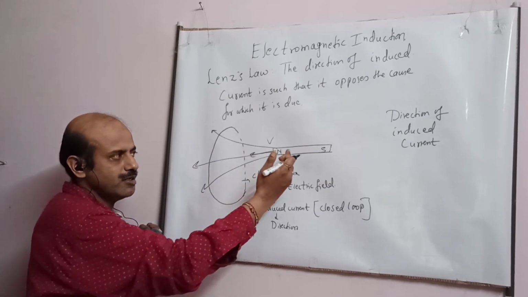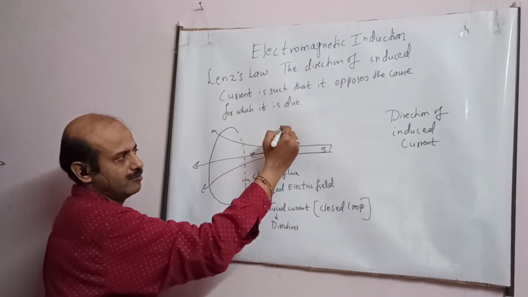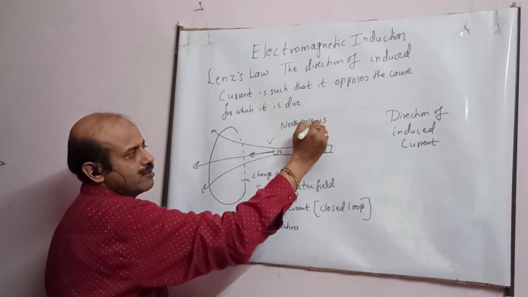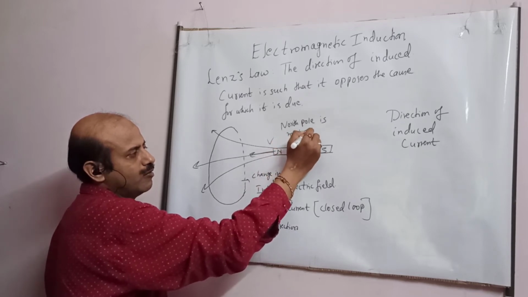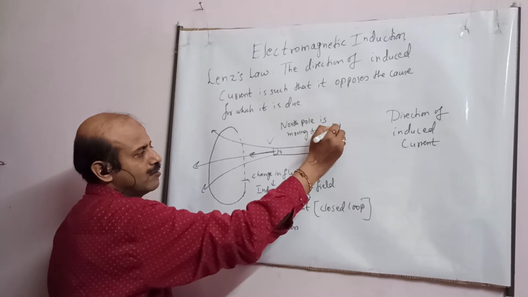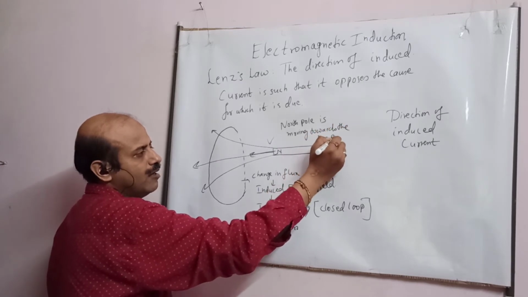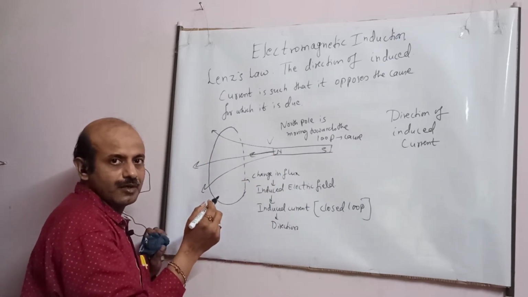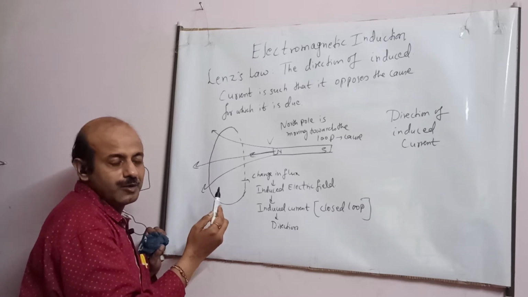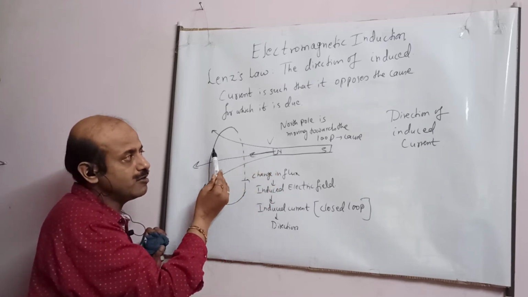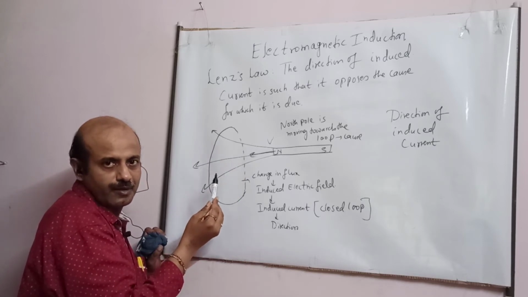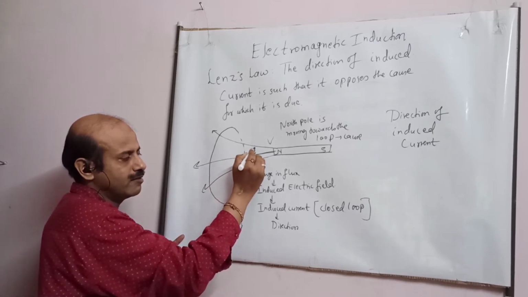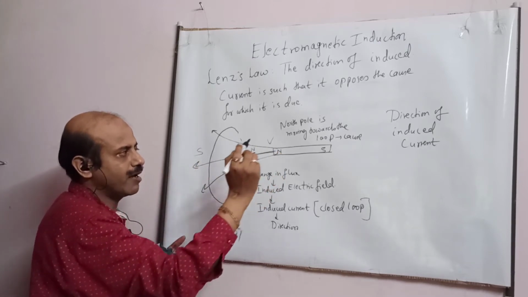So students, here the cause is motion of the magnet. North Pole is moving towards the loop, and this is the cause. So how will it oppose this cause? It will try to oppose the motion of North Pole, means the induced current will flow in such a way, students, that the magnetic field due to that current will produce a North Pole in front here. It will repel the magnet, students.